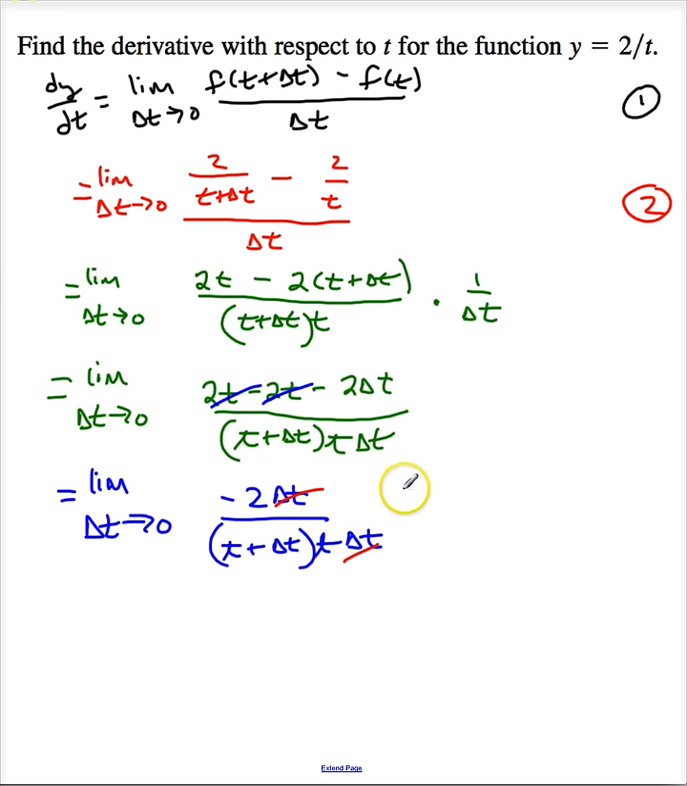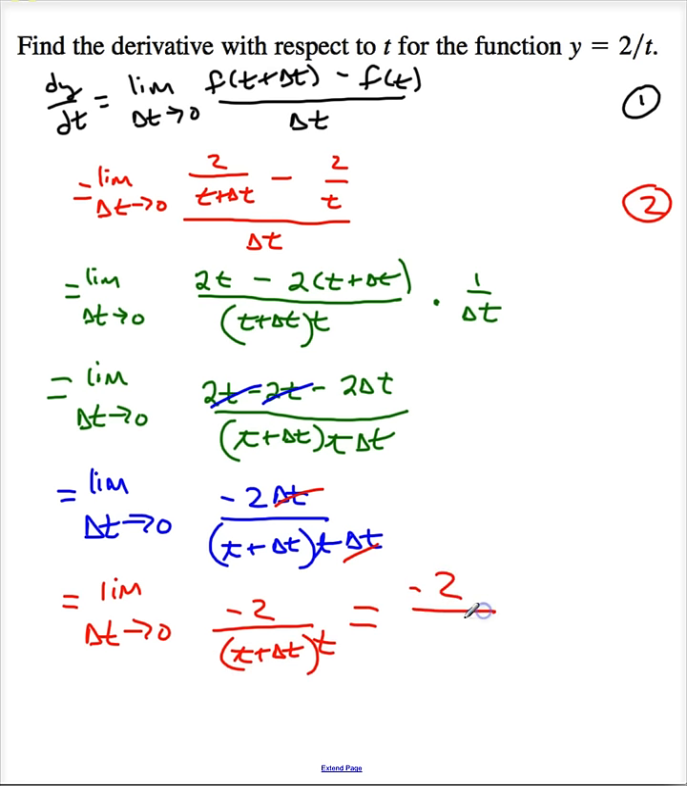So here's where I'm doing the factoring. And now I'm going to take the limit. So this is the limit as delta t goes to 0 of minus 2 divided by t plus delta t times t. Now when I take this limit, this goes to negative 2 divided by t squared. So I can say y prime, which is the same thing as dy dt, is equal to minus 2 over